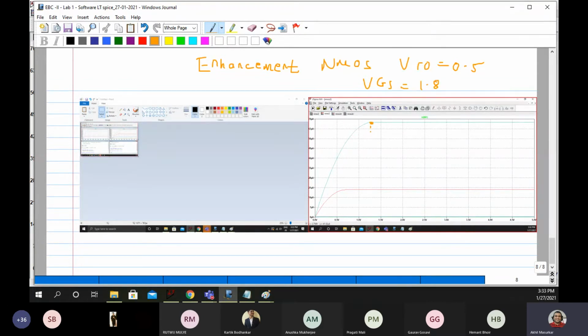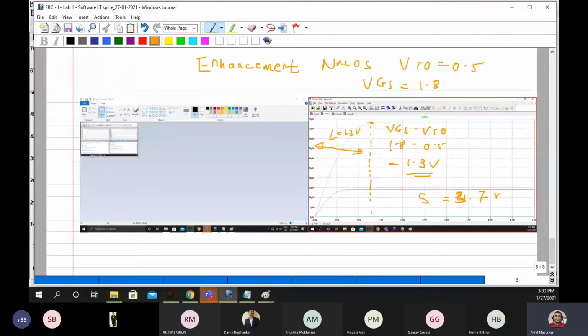So this point becomes VGS minus VTO, that is 1.8 minus 0.5, which will be 1.3 volts. So out of this much part is linear. So linear is 1.3 volts long and saturation is 3.7 volts wide.